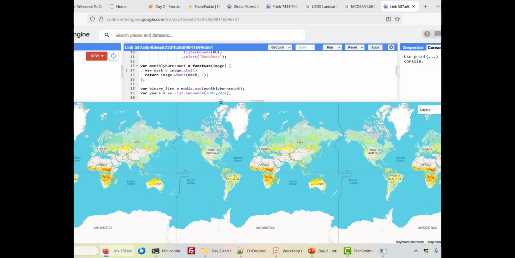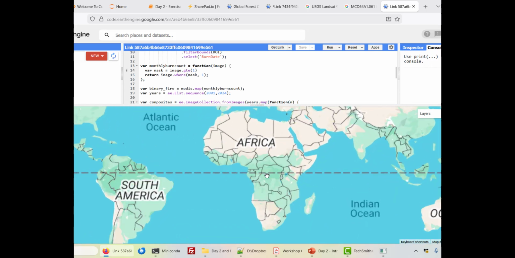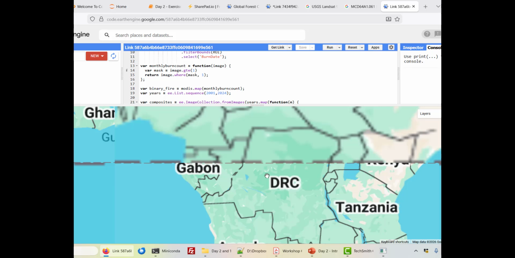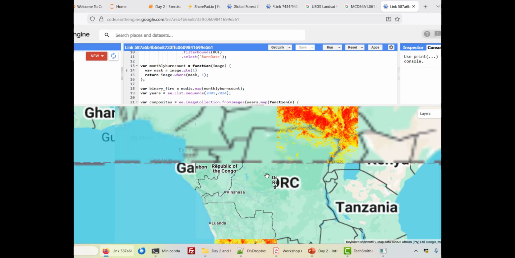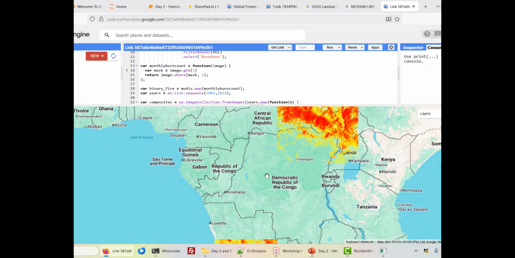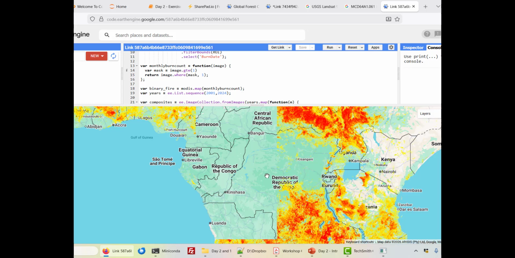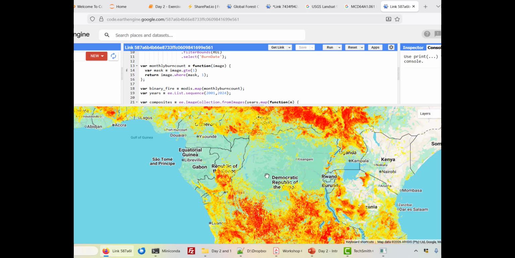And I made a visualization. And this counted up every single Landsat image for 25 years and made a map of how often every single pixel burned. And it took like 30 seconds, right? This would be like 100 gigs of data if you want to download it, figure out how to load it all in, figure out how to mask it and add it all together. Instead of doing that, I can just write a short function, make a visualization, and now I can go look